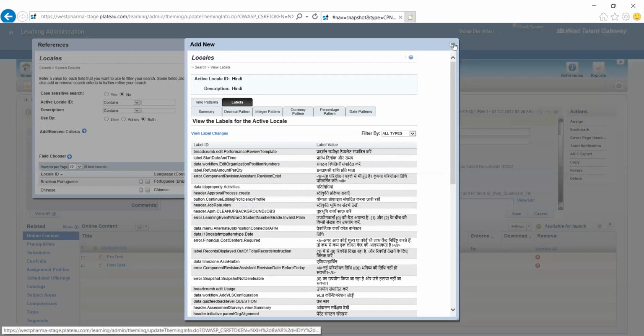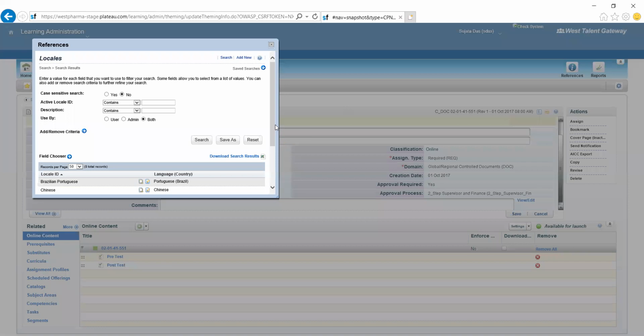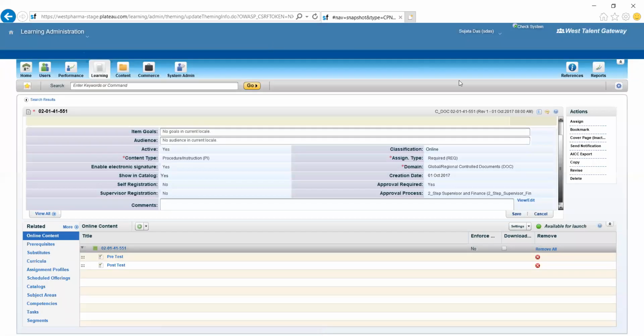This is the concept of locale. From the existing ones, we are just choosing a specific locale and activating it. We are not creating from scratch, because this is a system design. We can't create Tamil or Telugu, because it's a completely translation service. As soon as SAP creates it, we can only activate it.